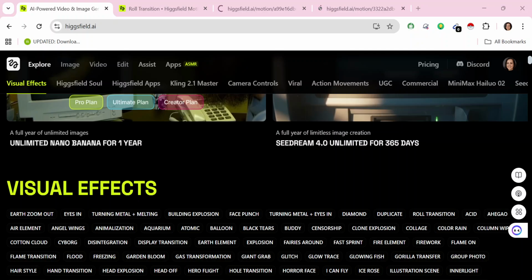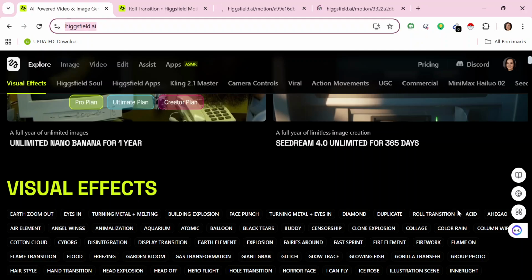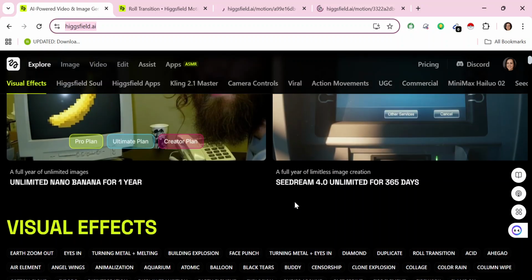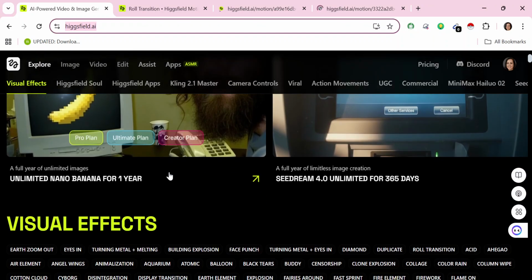Hello guys, and welcome to this video where I'm going to be showing you how to create the role transition on Higgsfield AI. Now Higgsfield AI is a free AI website that allows you to create stunning visual effects for